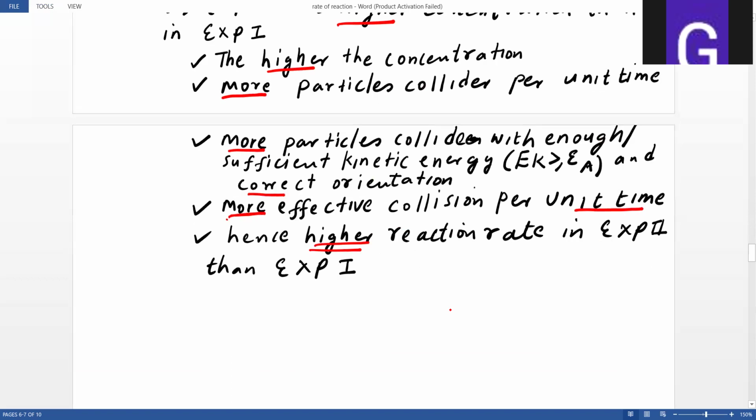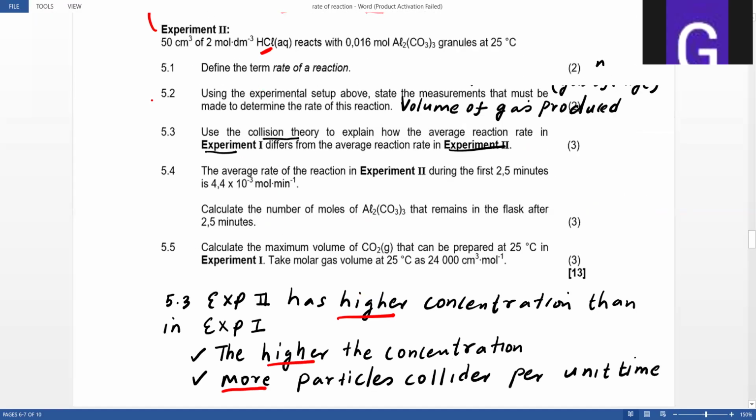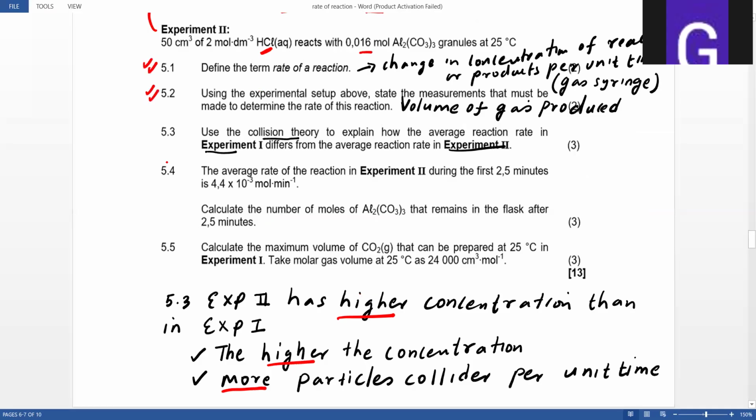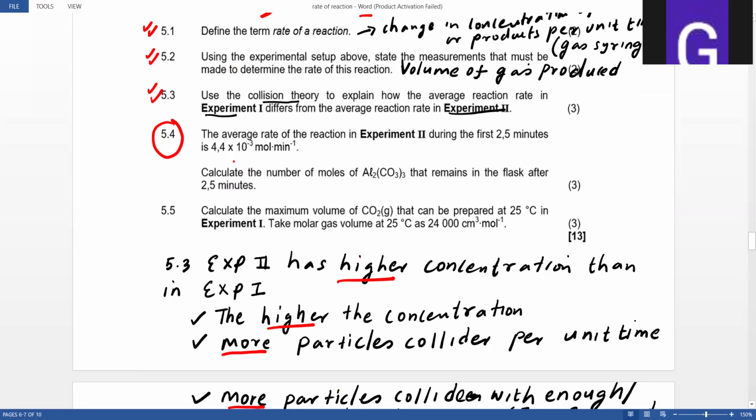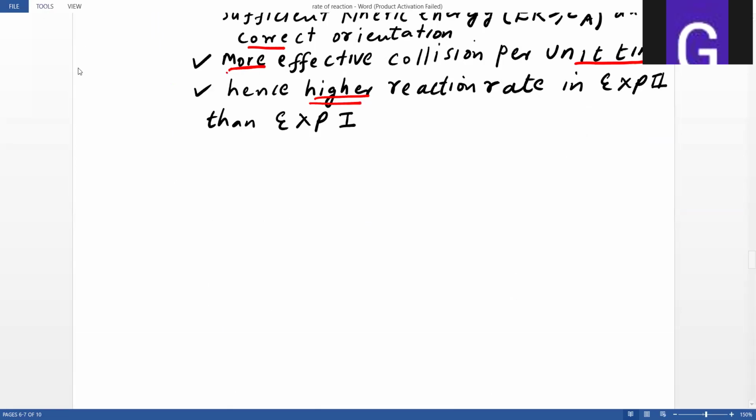Okay, I believe you guys are following. So we went through the first, the second, and now the third one. Now let us look at number 5.4. It says the average rate of reaction in experiment 2 is given as